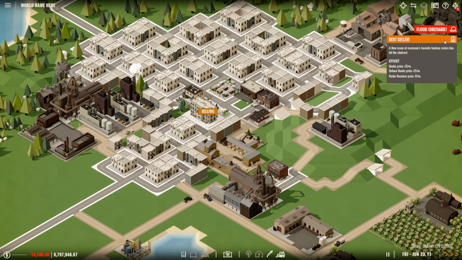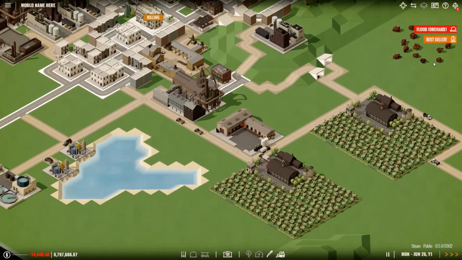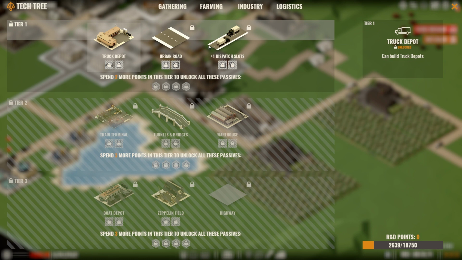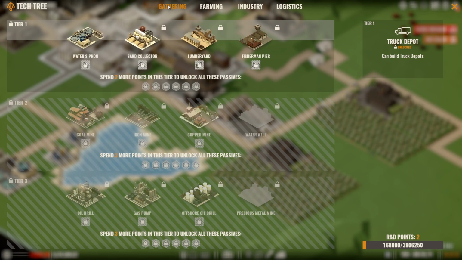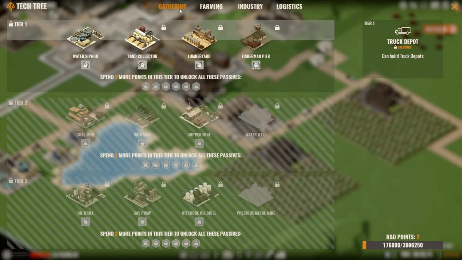Okay, so books. You can produce all kinds of stuff in this. So we have 3 points. Did we get another point in here? We have 2 points left to spend in there. None there. We still have our 1 in industry and none there. If we spend...